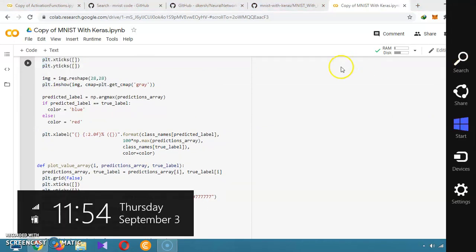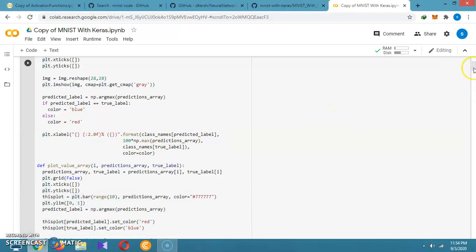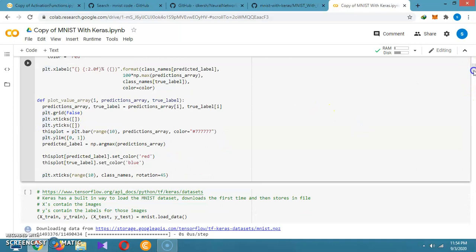So we are also giving the labels, the predicted labels, as blue and red. I'm plotting the x labels in the format of 100 times np.max. What is the classification level? Defining the plot values.